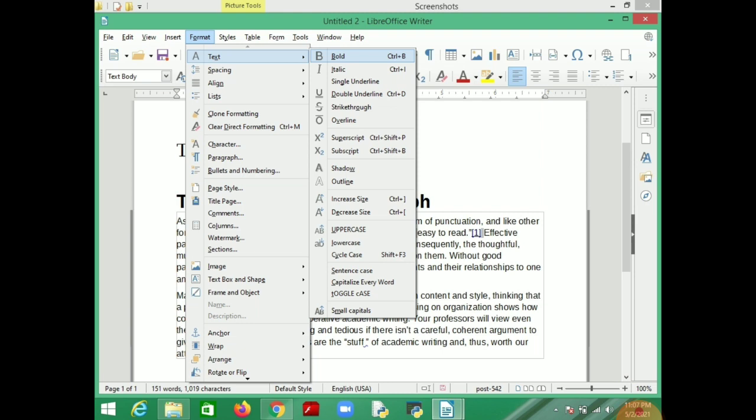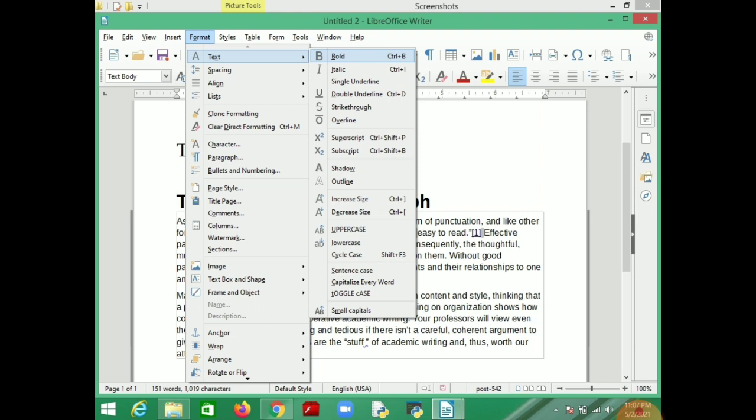You can use sentence case, and capitalize every word, with the first letter as capital. Toggle case, you can make uppercase to lowercase, lowercase to uppercase, and small capitals. So a lot of formatting options are there.